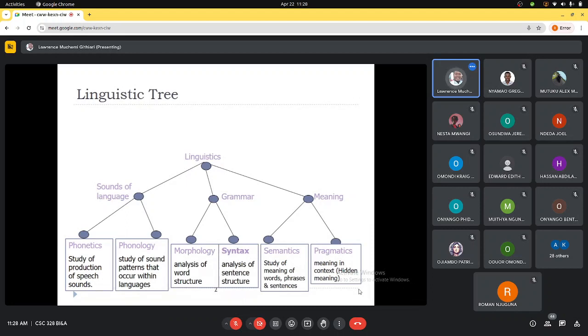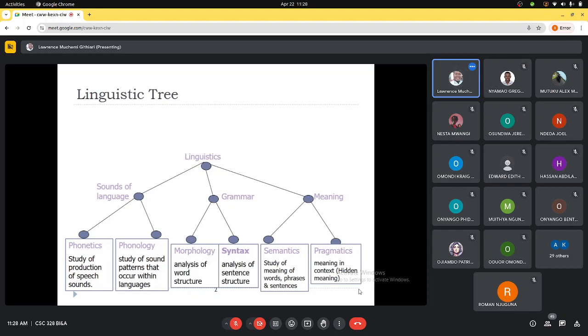And text has got two main things here. There's grammar and there is meaning. So grammar is what people call syntax. And meaning is what people call semantics. But looking at it widely,